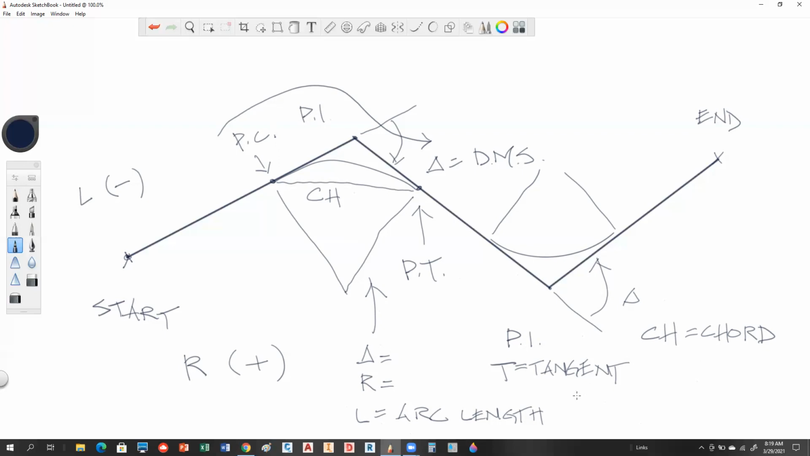There's another one that we'll see called a degree of curve, D sub C. That's the angle that you would have in 100 feet of length on a curve. I like to think of it that the radius and the degree of curve are related. It's kind of the expression of the radius in terms of angle. We're not going to need to know all that much this time around, but when you get